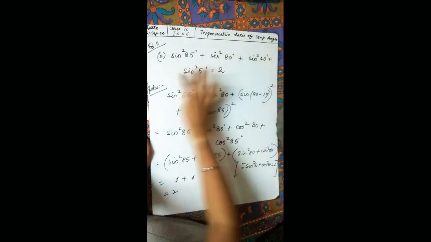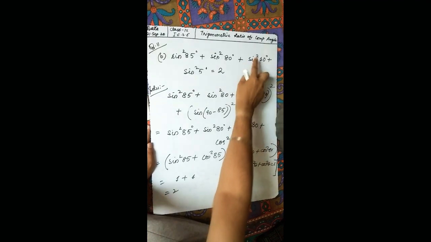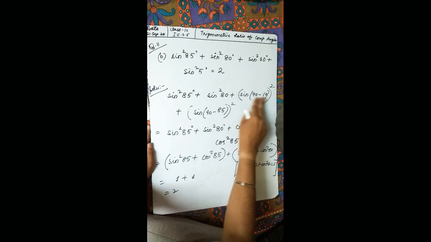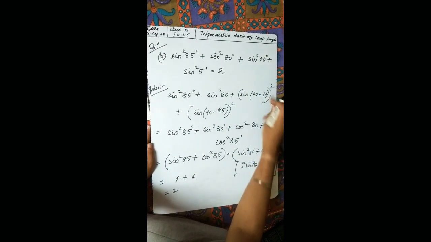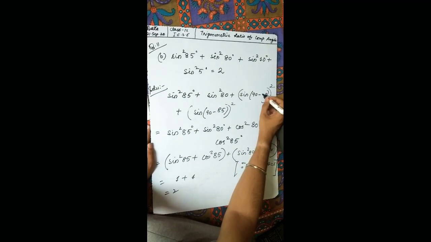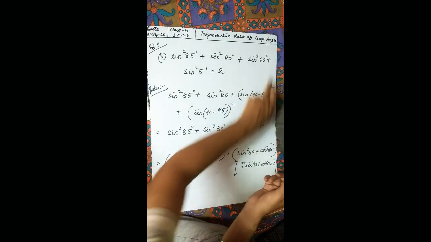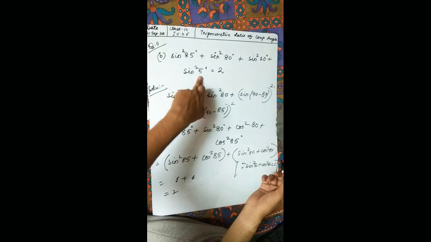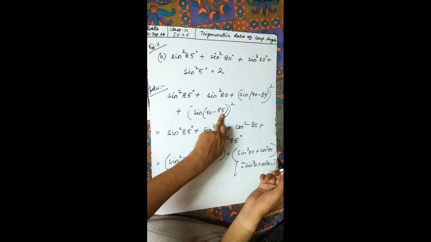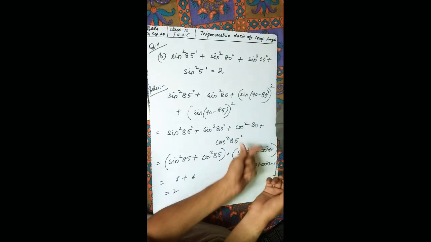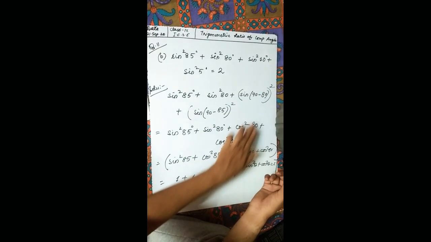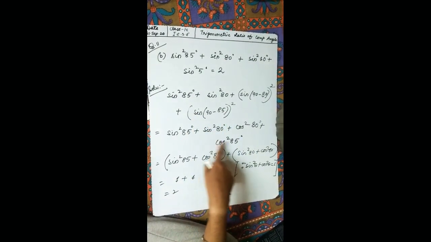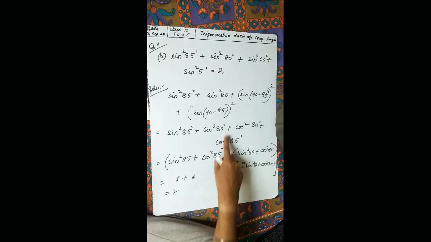We are changing now these two. So sine 10 degree, whole square. We can write this as sine 90 minus 80, because 90 minus 80 is what? 10. So sine 10 is written as 90 minus 80, and this 5 we are writing as 90 minus 85. Okay, what is sine 90 minus theta? Cos theta. So cos square 80 degree, and sine 90 minus theta is what? Cos theta, and this is square, so cos square 85 degree.